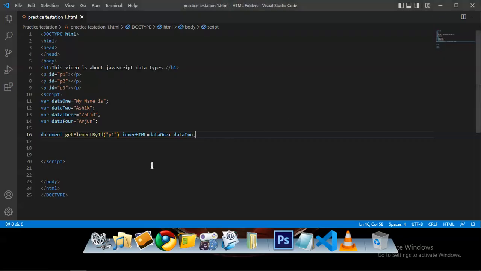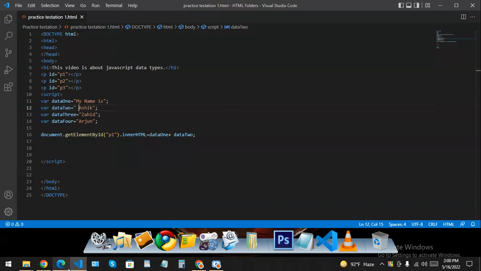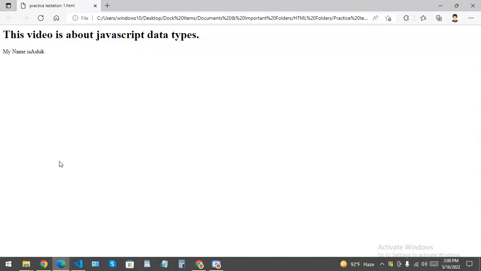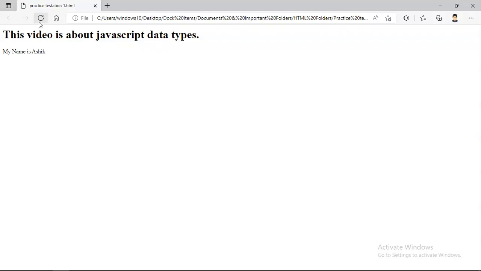So how am I going to add a space? I can either add a space after is, or I can add a space before the word Ashik. I'm just going to add a space before the word Ashik, and then you'll see that a space will be applied between these two words. See,